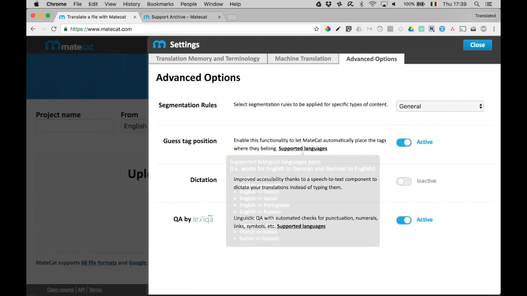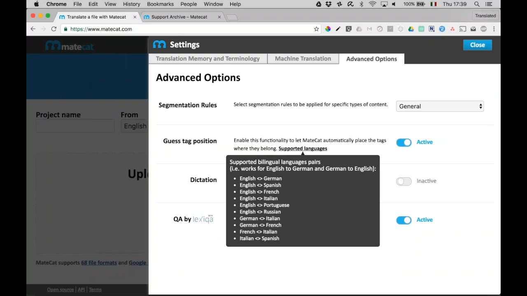You have the option to enable the guess tag position. So for a number of language pairs, it's bidirectional, so from English to German and from German into English, for instance, MateCat will place the tags for you. So you don't have to place the tags manually, but it's done automatically by the tool.